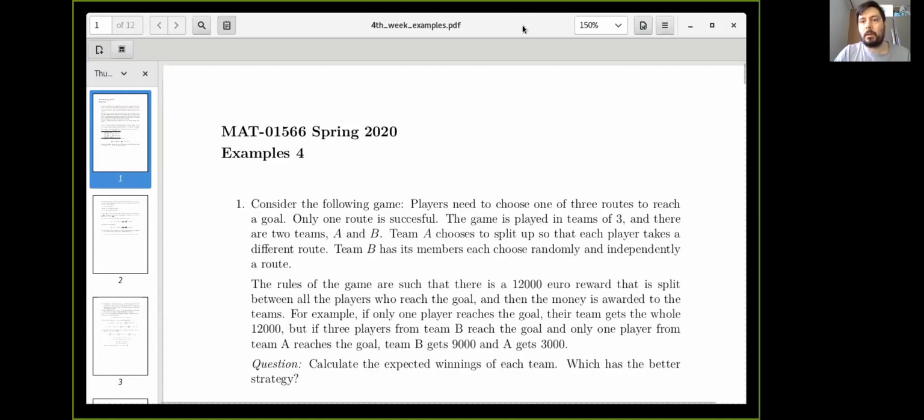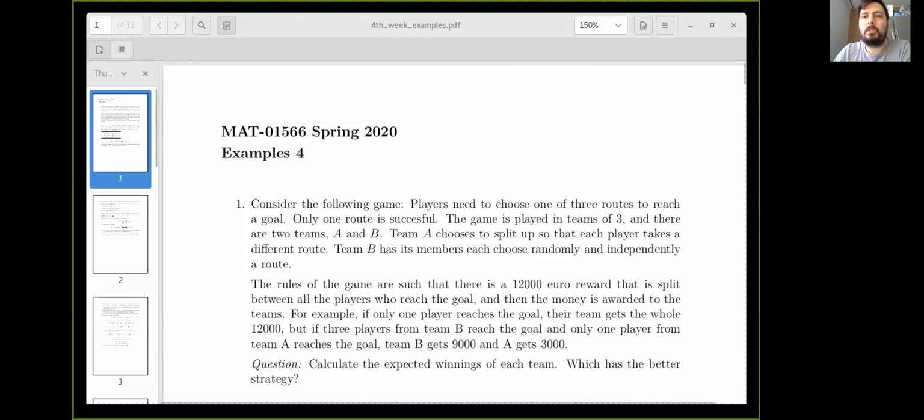Zoom in a little bit. Sorry. Okay. Now we're ready to do that. Okay, so